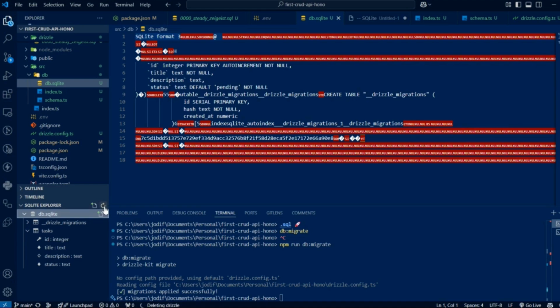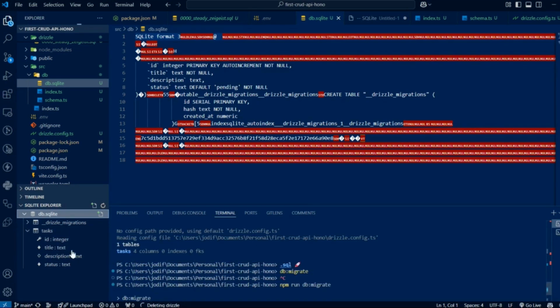Let me refresh. Okay, refresh that, and then what we'll see here is we have a task table which has been created with these fields that we've basically done here. So a way we can actually